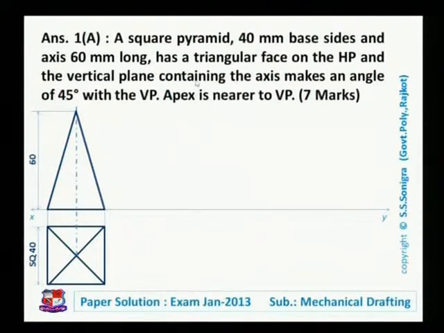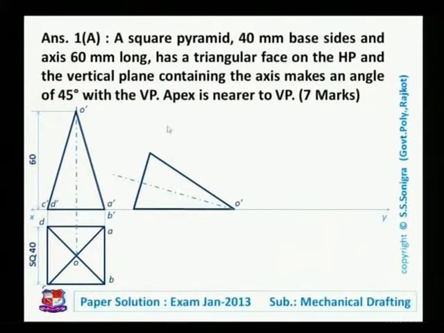Now in the second line it is given that it has a triangular face on HP. So we assume that this is the triangular face. It has 4 triangular faces. We assume that it is resting on this triangular face on the horizontal plane. For that, first we give names to each point. This is A, B, C and D, and respectively A dash, B dash, C dash and D dash in the front view, with apex point O in the top view and O dash in the front view, like this. So these are the names of the endpoints of the given square pyramid.